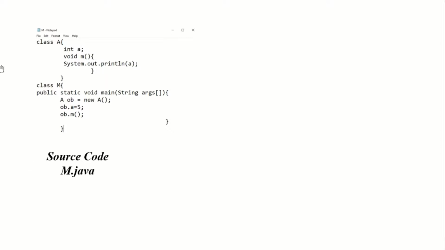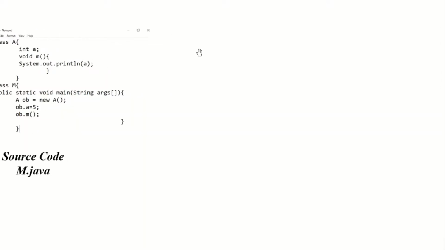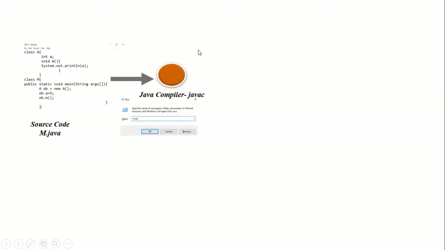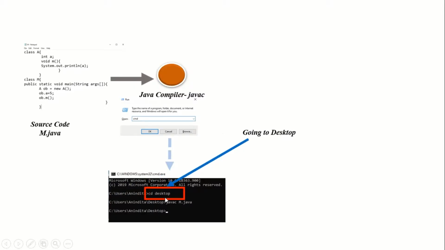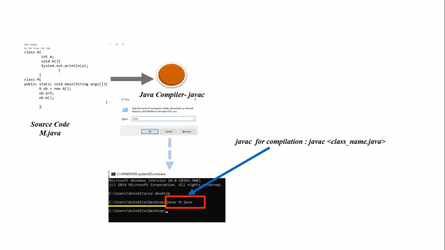So here, after writing this code, the next step is we have to compile the code. For code compilation, we have to go to the command prompt, then we have to go to desktop, and then we have to compile the Java code using javac.